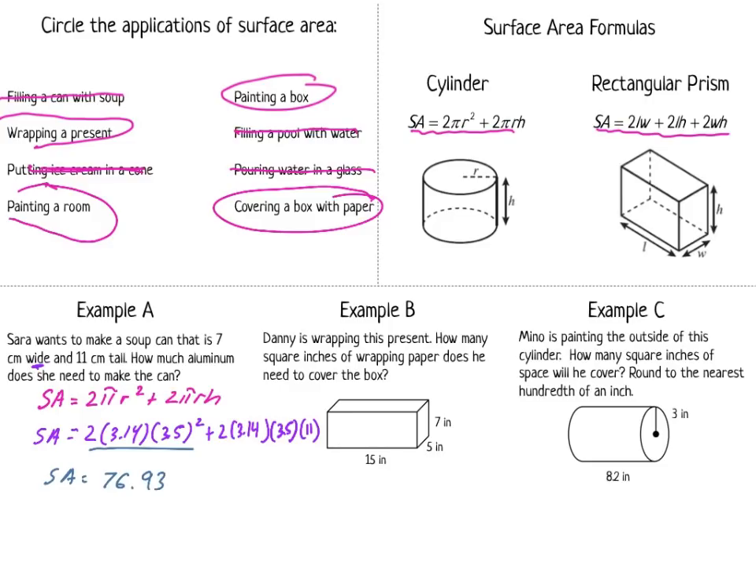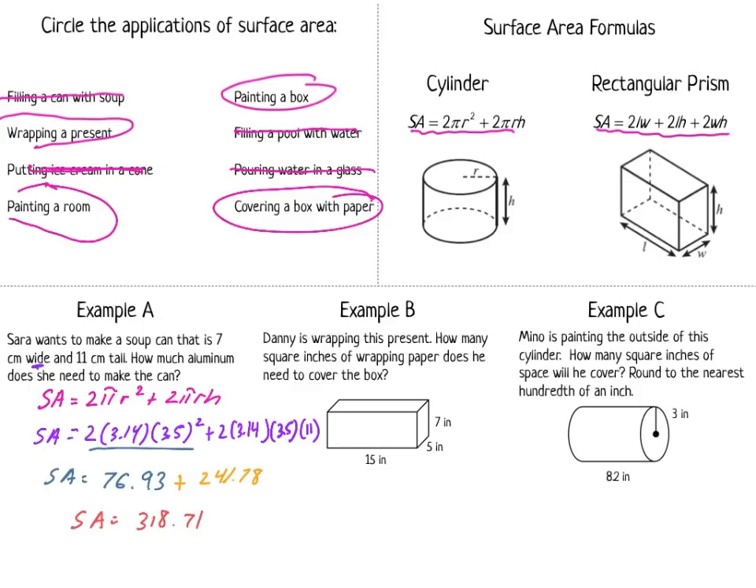Now we need to do the other side of our formula. So again, we're going to do our 2 times 3.14 times our radius, which is 3.5 times 11, and when we do that, we get 241.78. So that's the other side of our formula. So now we're going to add those two numbers together to give us our final answer. So we're going to add the 241.78 plus our 76.93, and we're going to get our surface area equaling